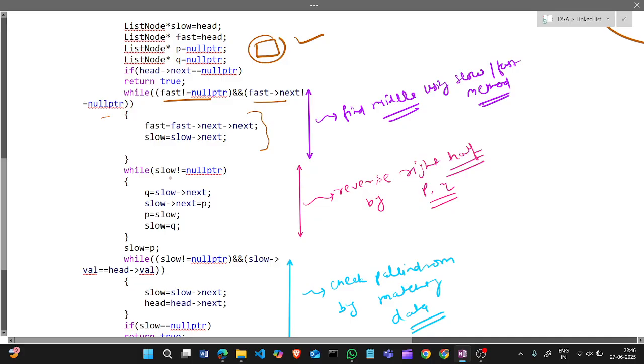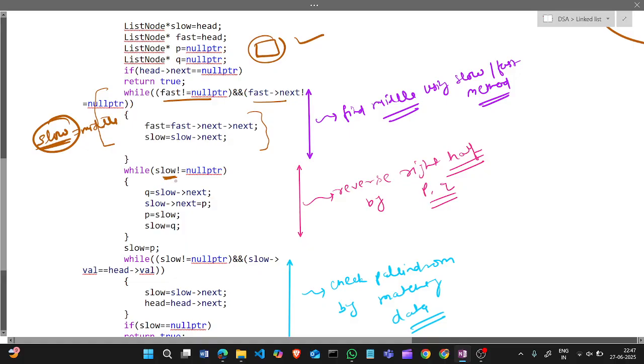If slow is not null, so we will first find the middle, so slow will be the middle. We already discussed how to find the middle, so slow will be the middle after this loop.